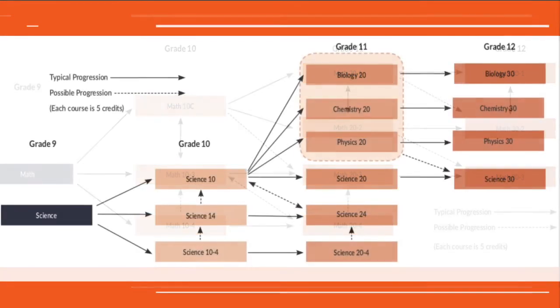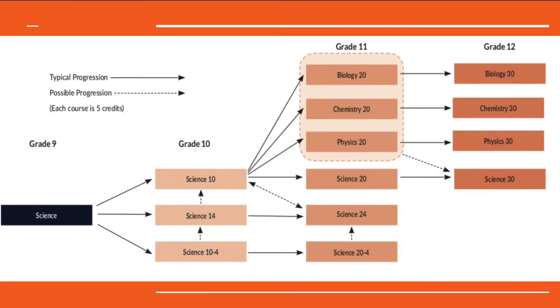High school sciences look as follows. And similarly to math, students often begin in what's called Science 10 General, or Science 14 or Science 10-4, depending on how well they did out of their grade 9 science class and what their teacher recommendation is. If a student successfully completes Science 10 in their grade 10 year, they can then advance on to more specialized